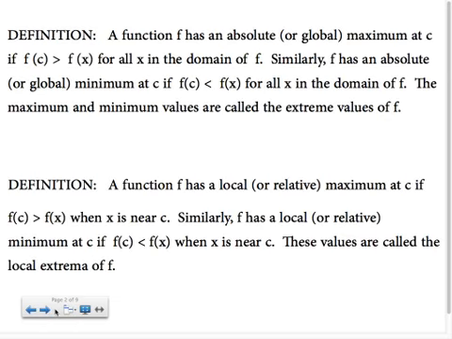Okay, these definitions are going to seem a little tedious, but they're necessary for things we're about to do. And when you break down the symbols, they're really not that bad. They're very similar in their wording, so I may only explain one and just say a few words about the second one. This says a function f has an absolute or global maximum at c